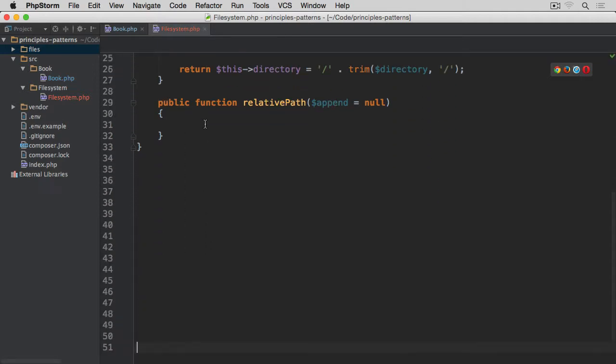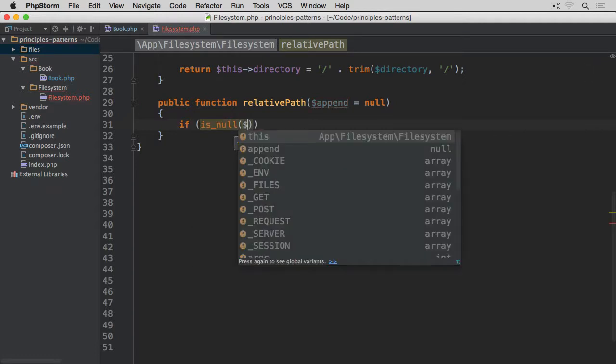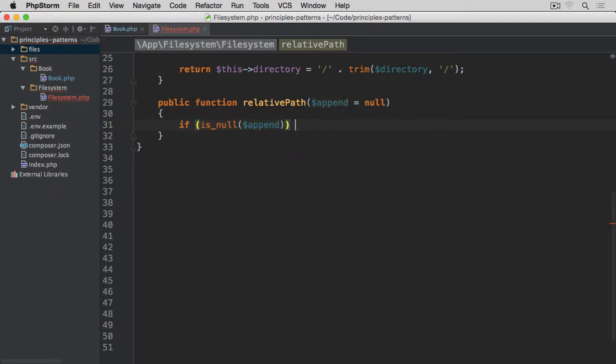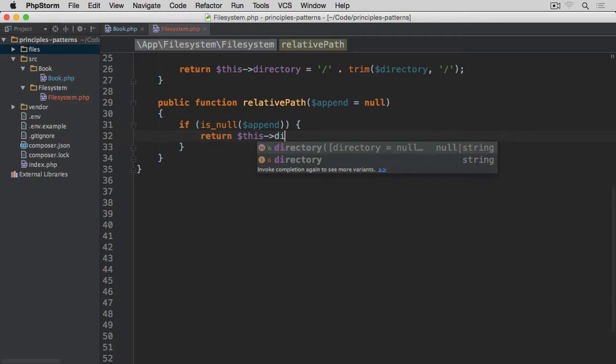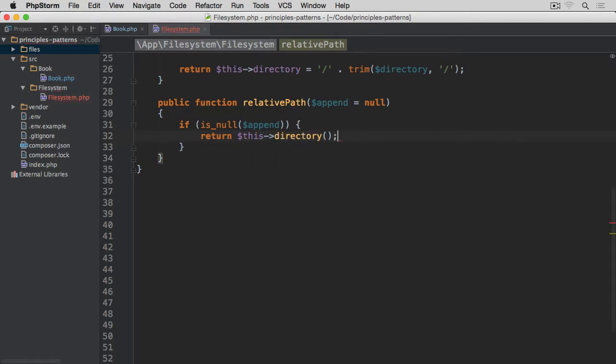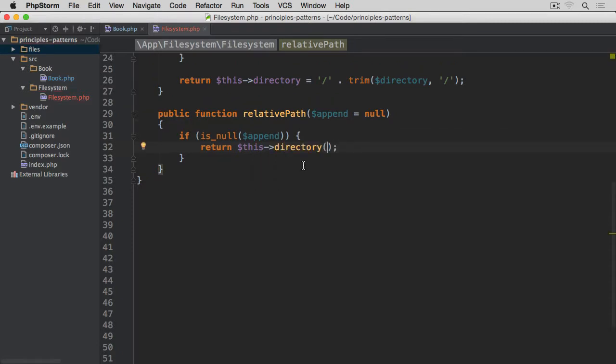And what I'm going to do here, this append will actually allow us to put the file name and then get the path with the file name as well, if you want to. Otherwise, we only get the directory. So we first of all will check if is null append. Then what we want is simply the directory. So return this directory. And for the directory, we're not going to pass any argument here because we don't want